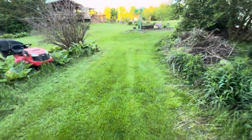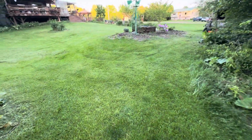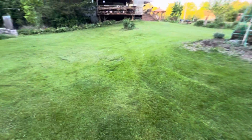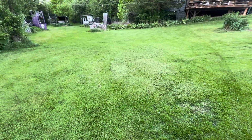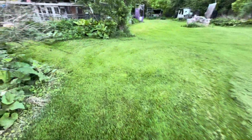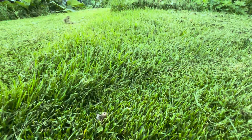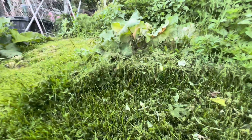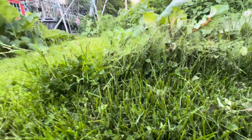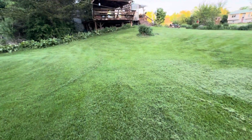But that's it, folks. I did it on the highest blade speed, second highest acceleration speed, and I got all that done. And some of this was really thick. We had a lot of rain the last couple days. I kind of let it go. As you can see here, I didn't mow any of this, and you can see that grass is thick. You know, in some spots it was as thick as what you see here. So I'm mowing moist, thick grass,